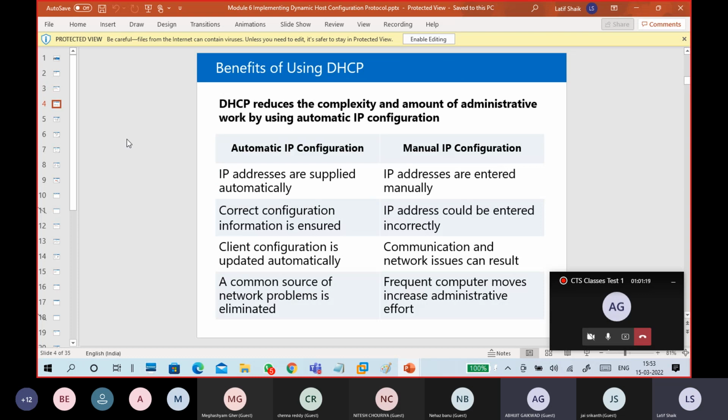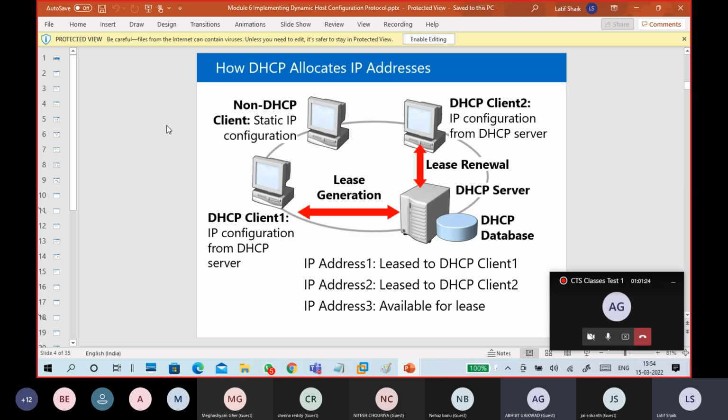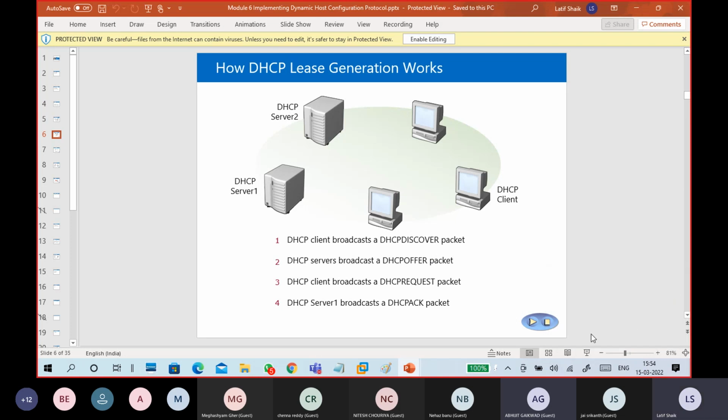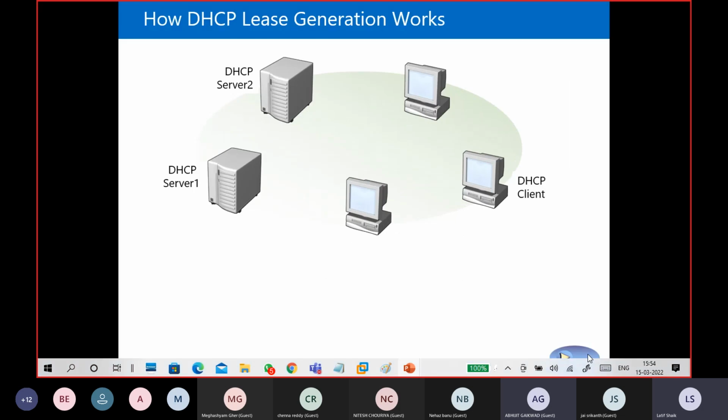This is the benefits of using DHCP, automatic configuration and manual configuration. So go through that one. This is how a DHCP server works. Guys, can you see the screen now? Yes, sir. Okay. Now, if you look at